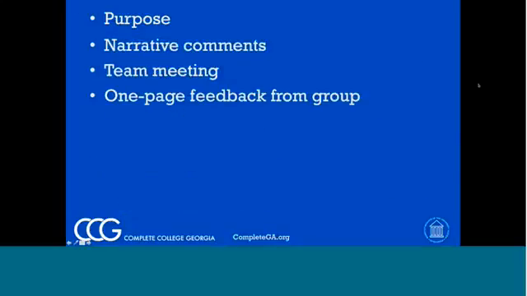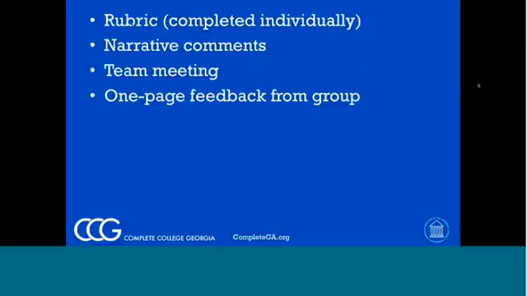For the review procedure, you'll get a rubric. For each campus, you'll create a rubric, a very quick checklist of how well they meet certain criteria, with an opportunity to provide comments on that. You will generate essentially your own narrative comments on the plan from that document. At some point, you will have a team meeting that will allow you to share your information and reflections on this. That will be conducted, I'm going to guarantee you, as a conference call or a WebEx, depending upon how your group prefers to do it.